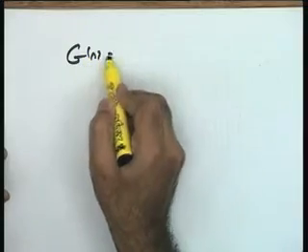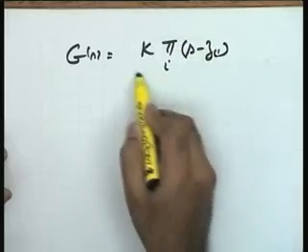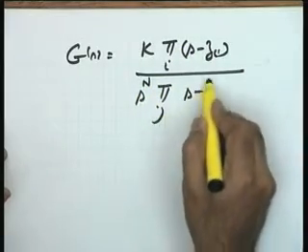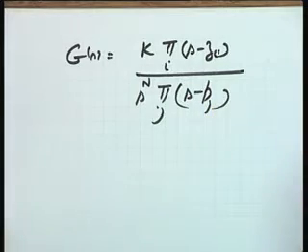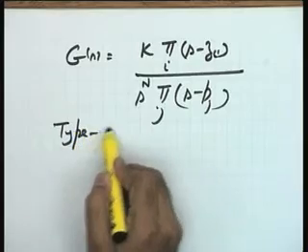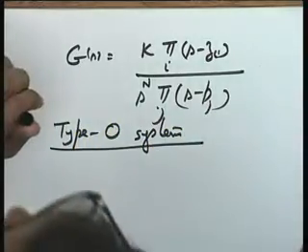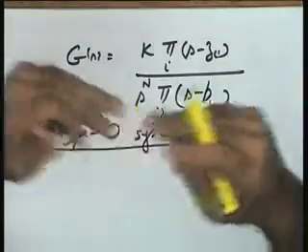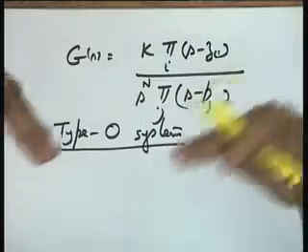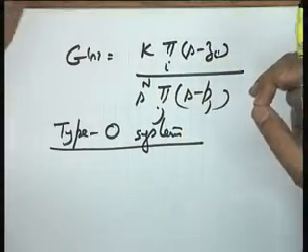Keep G(s) in mind. G(s) is equal to K times the product of (s minus zi) over s to the power of n times the product of (s minus pj). This is the transfer function. Now help me please. Consider a type 0 system. First of all, can you give me a physical example of a type 0 system? We have put a lot of effort and time into modeling, so if I give you some questions in between, you must answer them. Type 0 system, I want some physical examples.